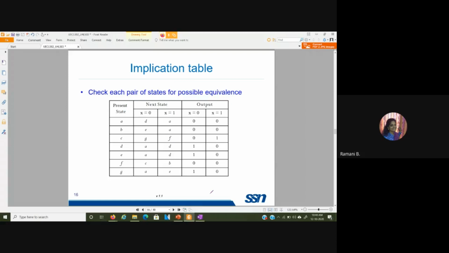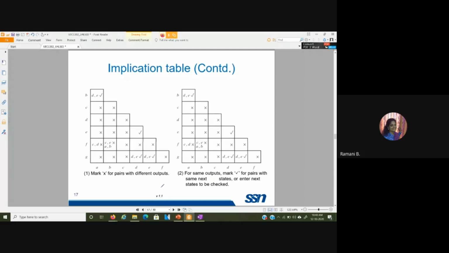Let us see an example. This is actually the same example that we considered for the synchronous condition. With the synchronous condition, we directly checked the values and saw D and E having the same next state and output, and we removed one state and replaced that variable with the other state value, and then we started comparing. The same thing we did. Here what we are going to do is write the implication table. So what is this implication table? We are to actually compare and simplify.